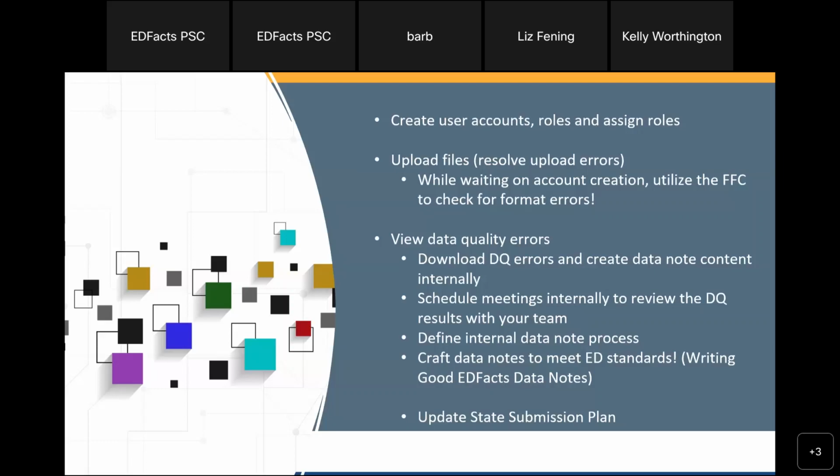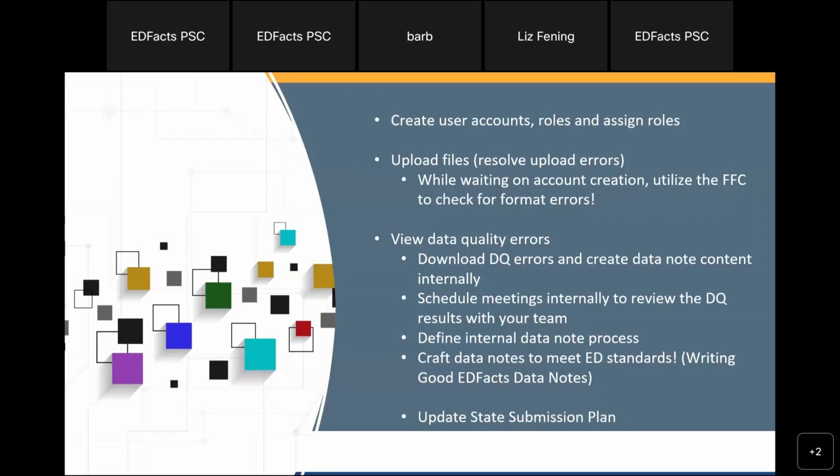Using this time in between the enabling of different functionalities is really to review the data in this first release of EdPass and really get to know it and create processes, but also communicate in your state. Talk to people, set up meetings if you need to, set 30 minutes aside to really review the data notes together. Whatever that may be, just collaborate so that everyone is on the same page and you know what your